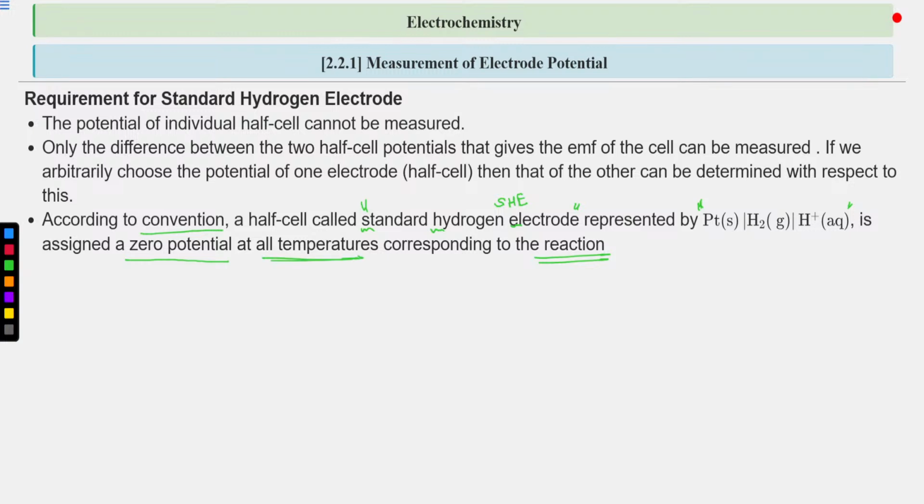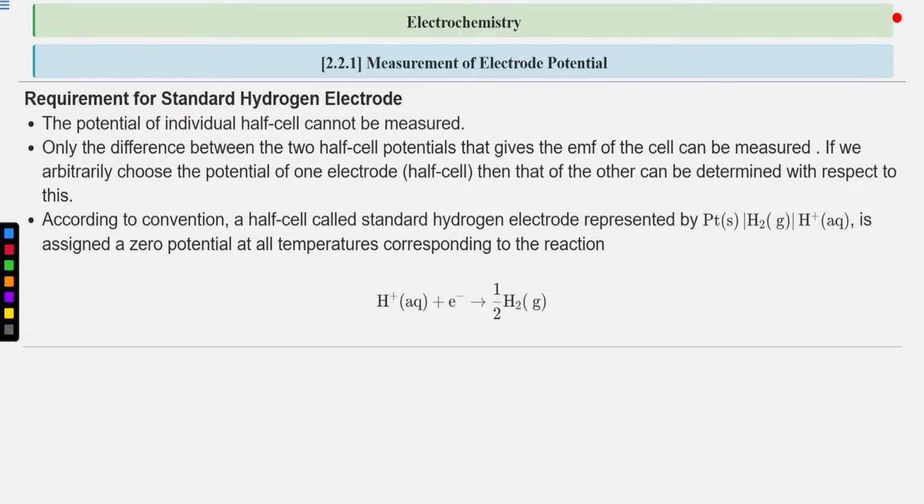So if you add this SHE, or standard hydrogen electrode half cell, to any cell as their half cell part, then this half cell will be having zero potential. So you can determine the difference between the two half cells, because this one potential will be zero, and the other one you can determine, because you can have the difference between the two half cells if you take this SHE half cell with any cell, which corresponds to the reaction